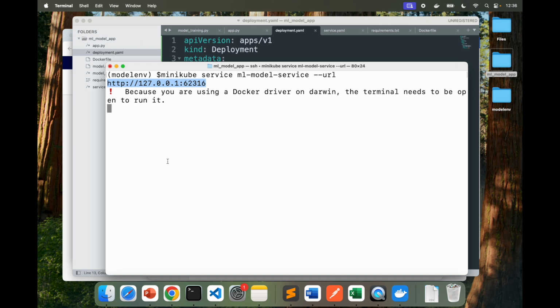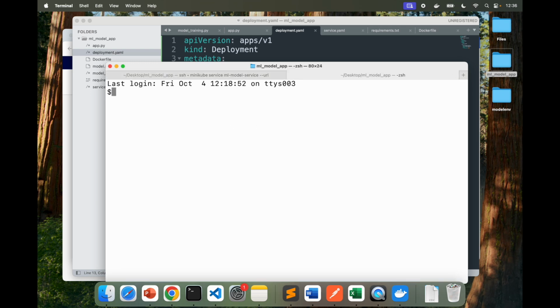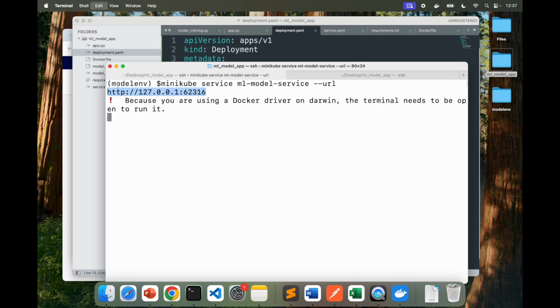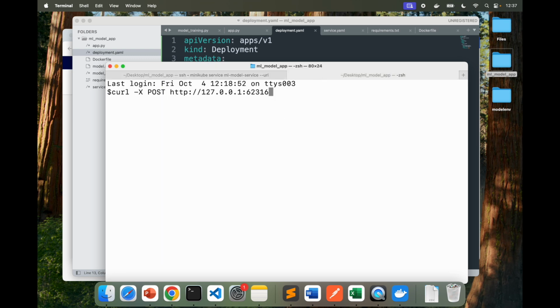Once this is done, now I can do the same thing: open another tab and run the same command, which was curl -X POST, and then give the IP address. I'm going to copy this, paste it here, slash, what was that, predict, and the header values I gave, I think Content-Type: application/json.